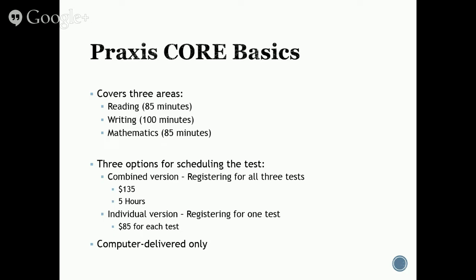When you're scheduling the test, you can choose 3 different options. First, you can schedule it as a combined version where you're registering for all 3 tests, which is $135. It takes 5 hours to take the combined version of all 3 tests. You can also have the option of scheduling 2 tests at the same time for $125, or you can schedule an individual version where you're registering for 1 test each time, and that is $85